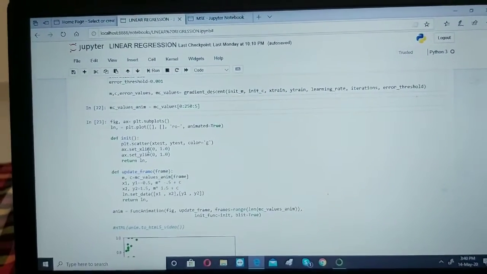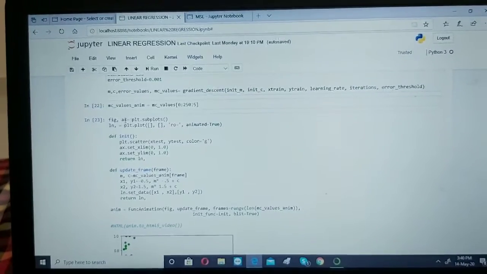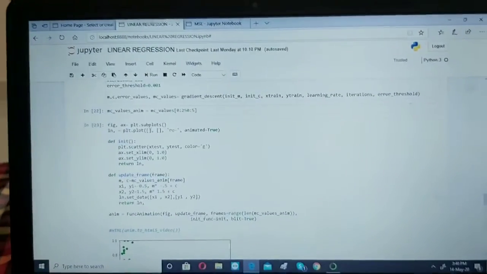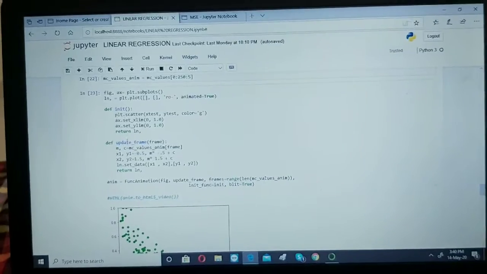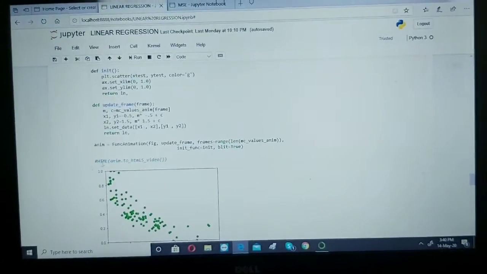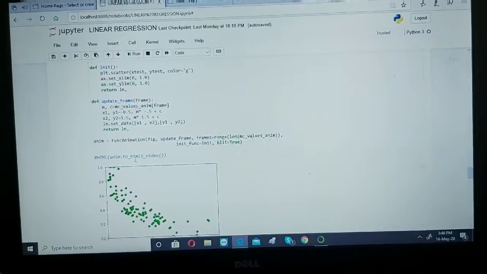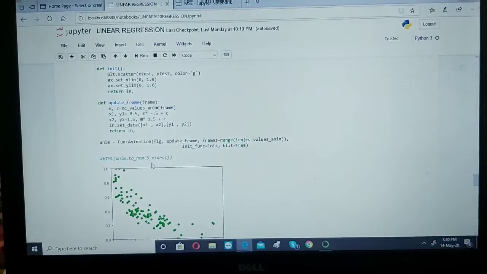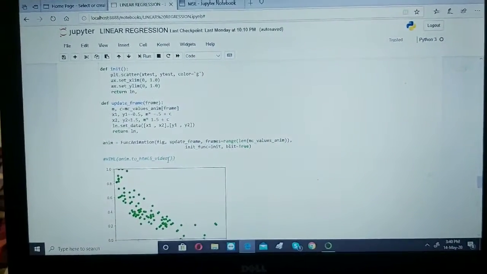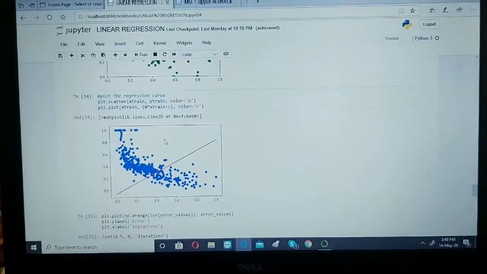Now to plot the animated graph, we'll use the function plt.subplots, and we'll define 2 functions, init and update_frame, and by using HTML with to_html5_video we'll plot the graph.